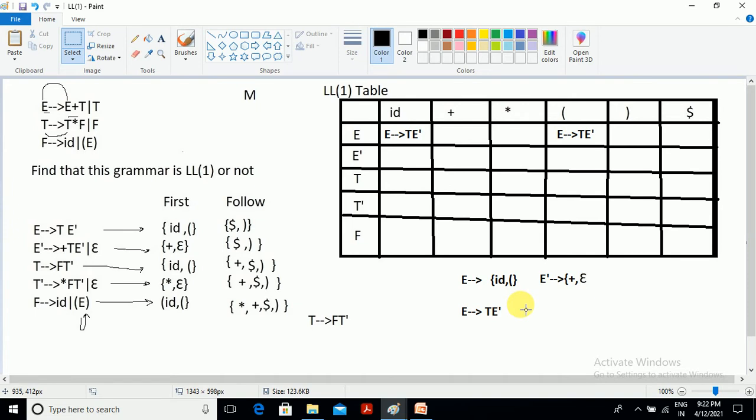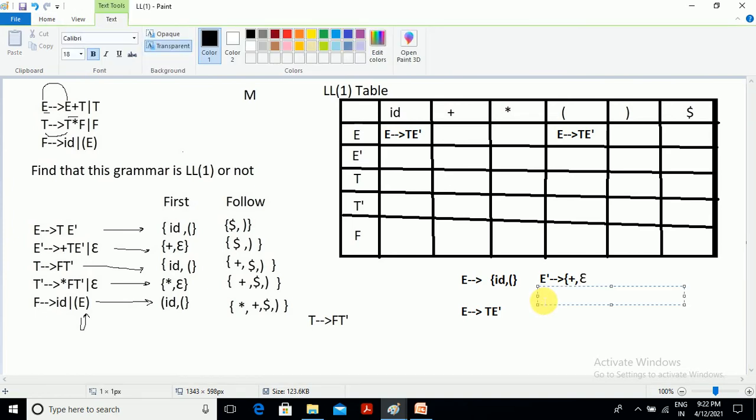Here plus is one of the firsts. Which production derives it? There are two productions for E'. One production is E' derives plus TE'. By using this production we find plus as one of the firsts.